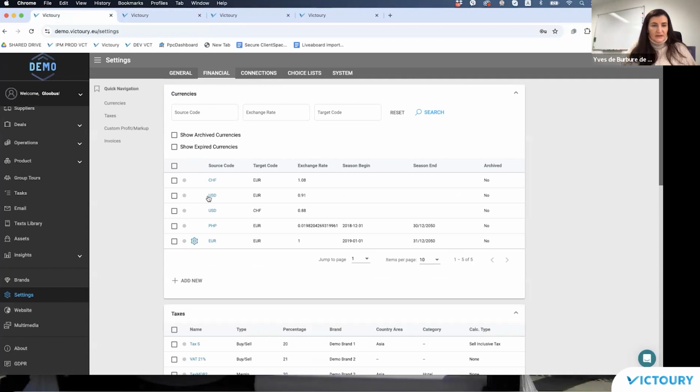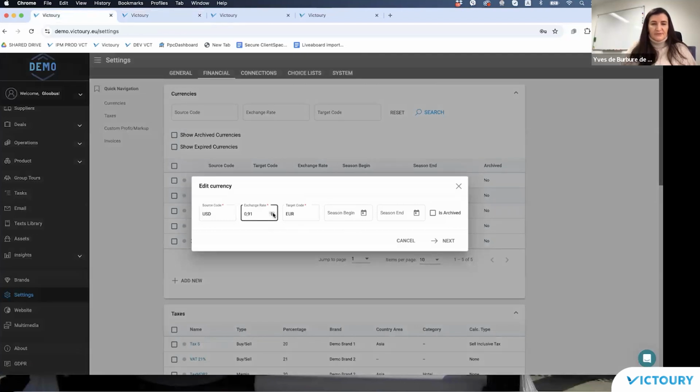And since now currently the US dollar euro exchange rate has changed, I will just decide to update, sorry, not to 1, but to 0.95. And I will just go next.